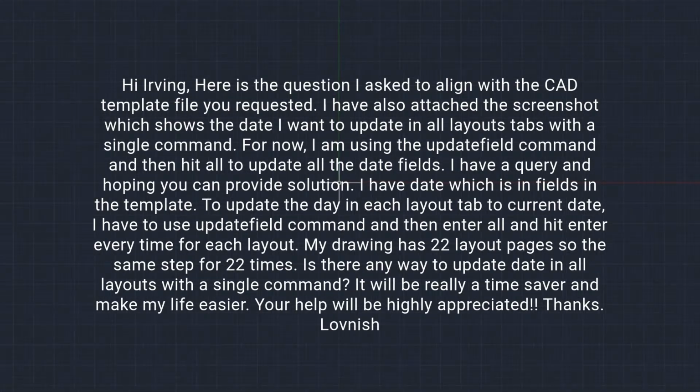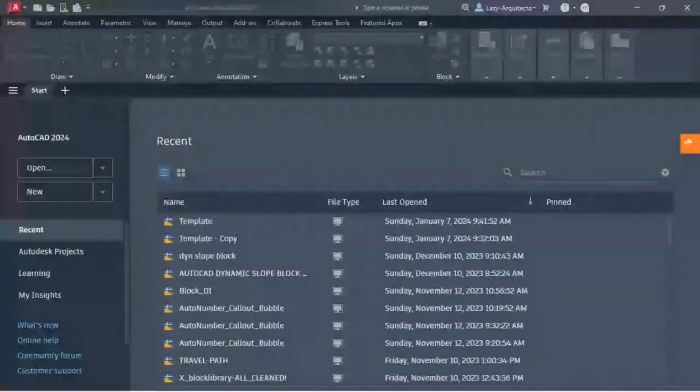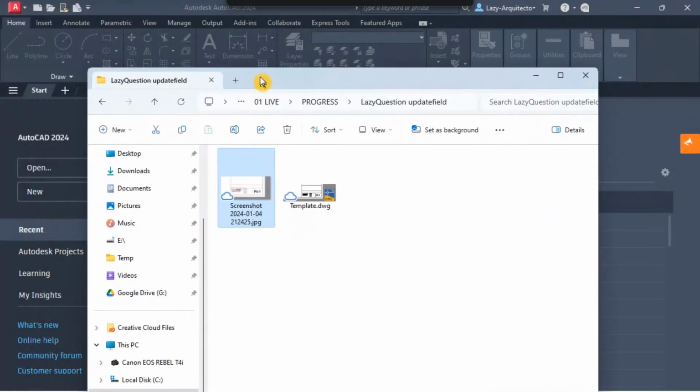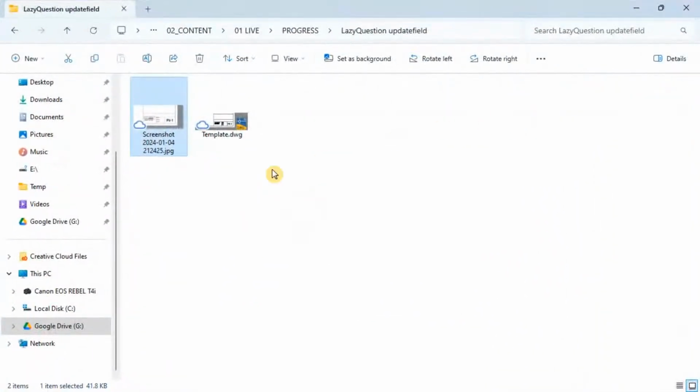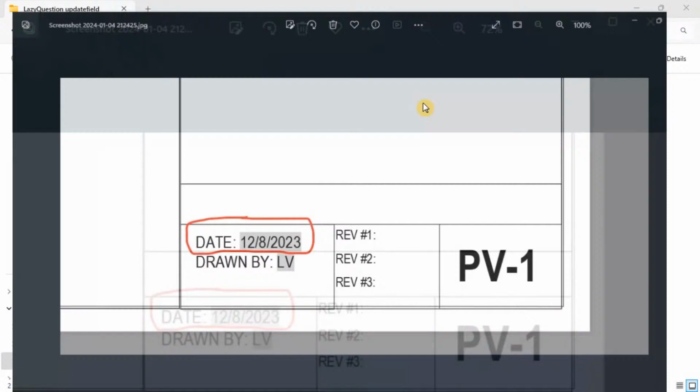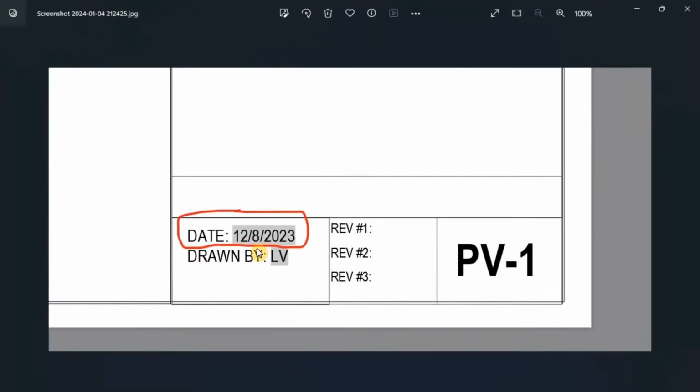I will be ready. It will be really a time saver and make my life easier. So that was our friend Lovenish, and let's open his files. Let's see what we can do to help him. Here is a screenshot that he sent me. So this is the date